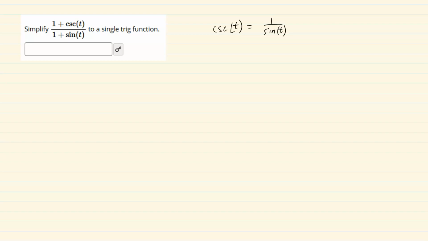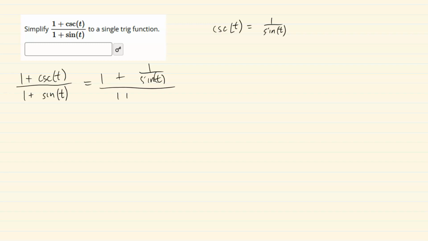Okay, so that will give us 1 plus cosecant of t over 1 plus sine of t. So this is promising. This will give us 1 plus 1 over sine of t over 1 plus sine of t. Okay,